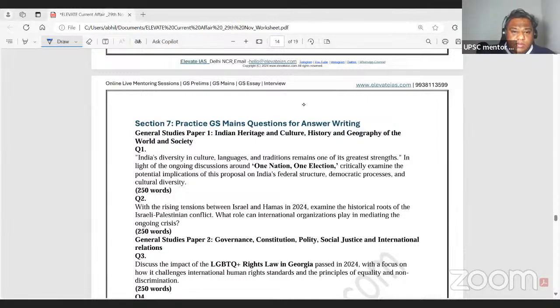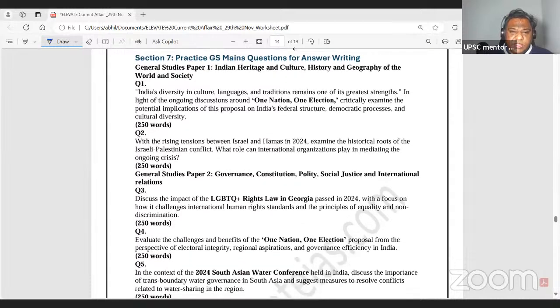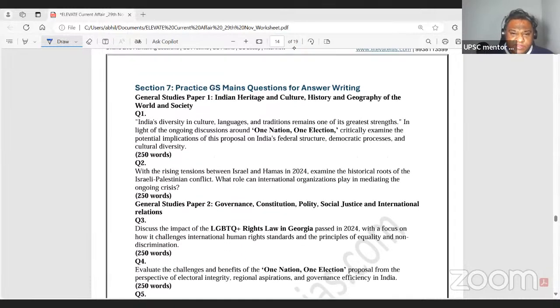So you will see that as the mains questions also, I have put the mains question as a part of an assignment of this program. I would request you to write your first mains question as per the UPSC paper and submit it. So you will see that